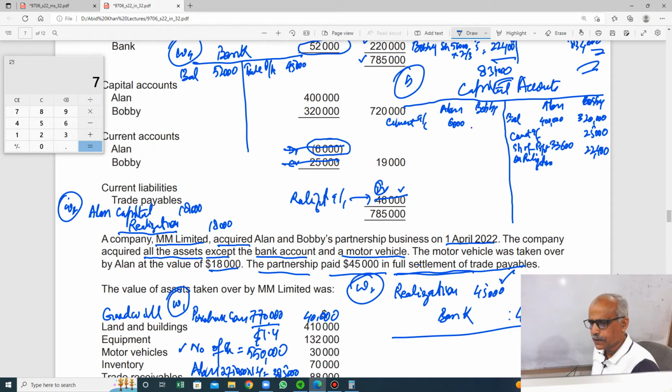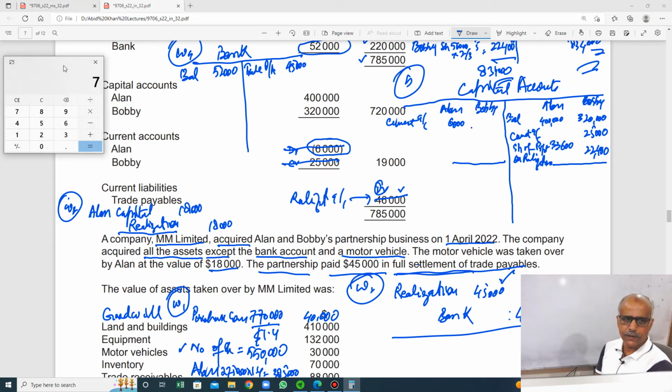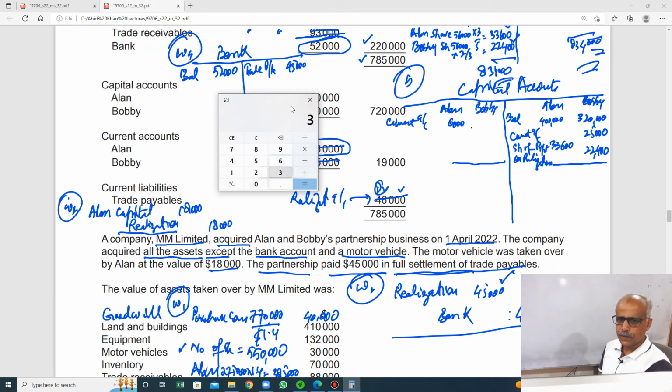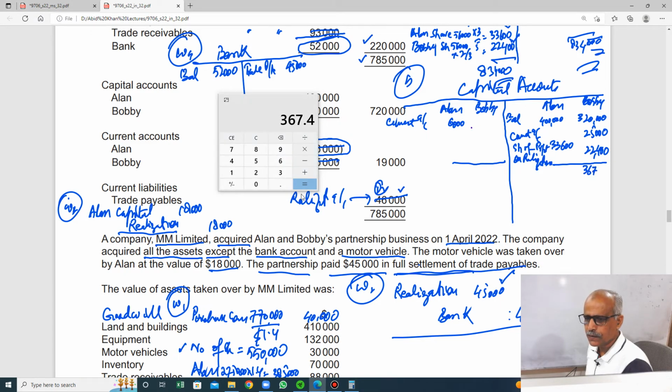I am just doing one small debit and credit here, right? So how much? 320,000, 25,000 and 22,400. 320, I will not be writing 1,000. 320 plus 25 and then 22.4. 367,400. And how much this is? This is 4,33,600. On debit side,